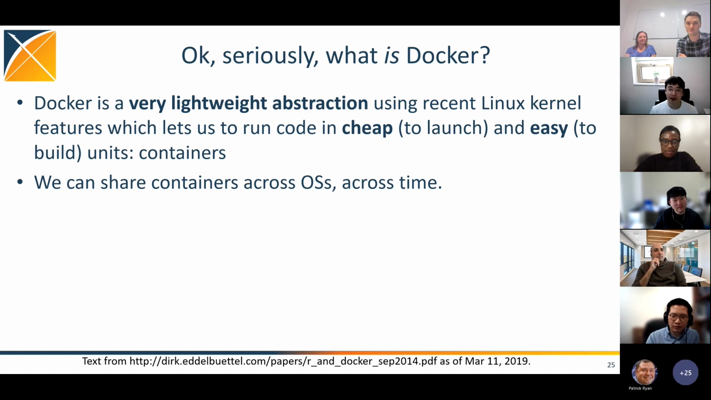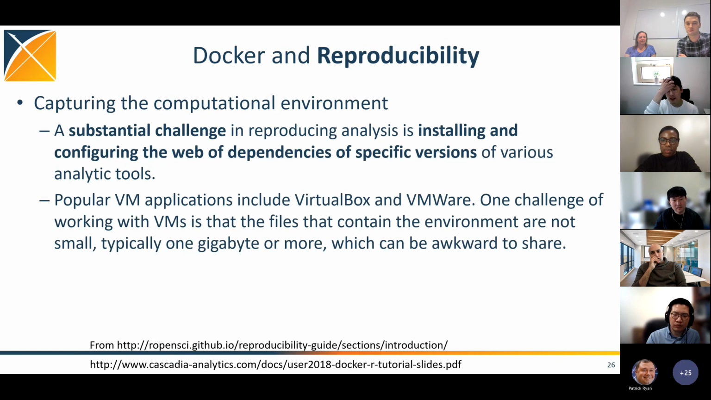Docker is a very lightweight abstraction using recent Linux kernel features, which lets us run code in cheap and easy units, which are containers. We can share containers across OSs and across time, which guarantees the reproducibility of the study. By capturing the computational environment, Docker can enhance the reproducible environment